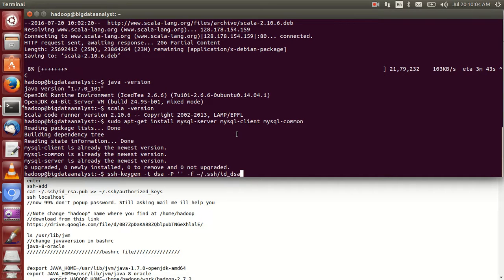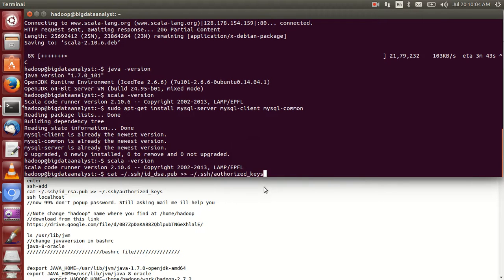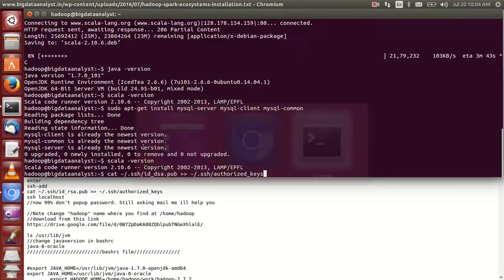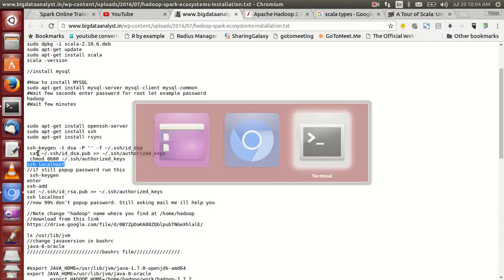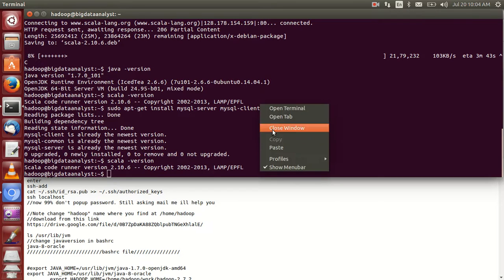After this, one by one, run this one. Finally, for better security and to prevent some problems, grant read-only privileges to this account. Run this in the terminal. Finally, this is very important. The purpose of these three commands is to disable the password. Let's check whether it is disabled or not.